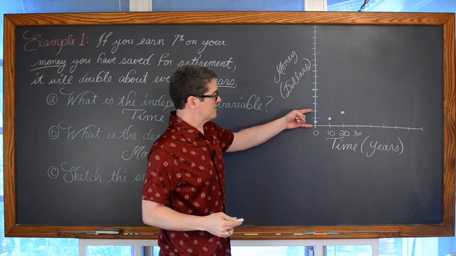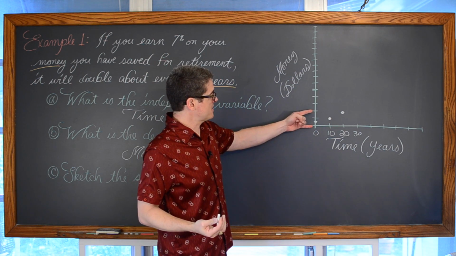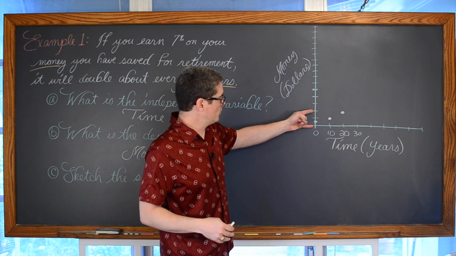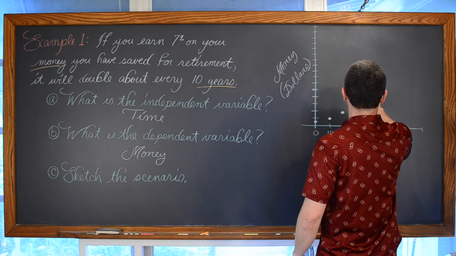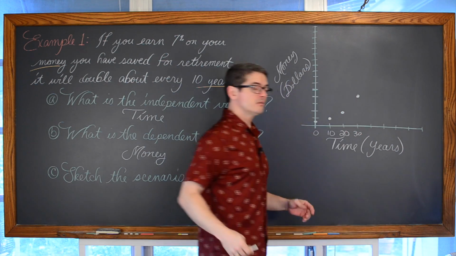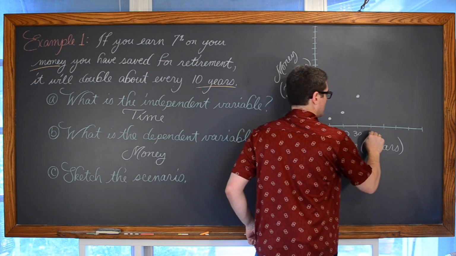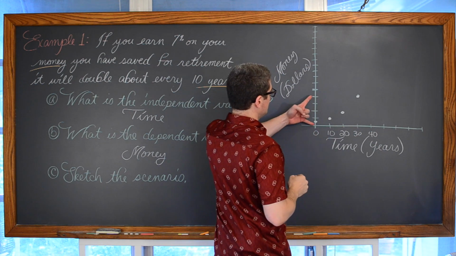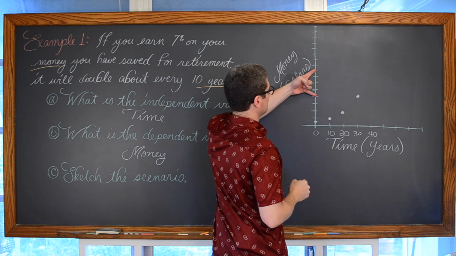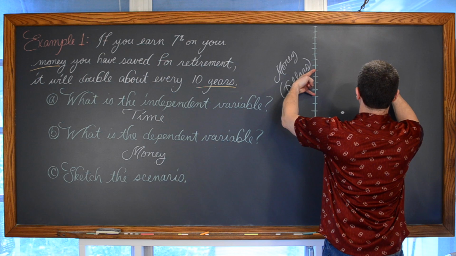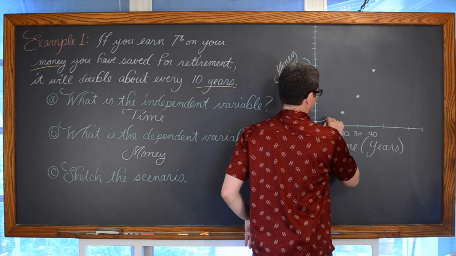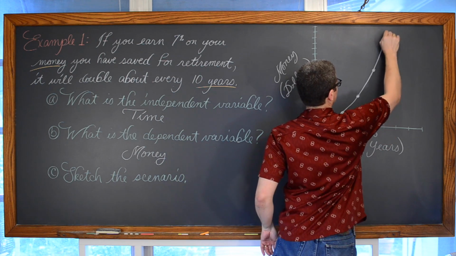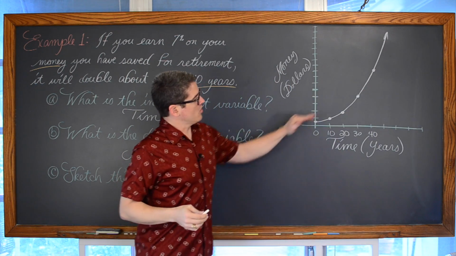Well, I don't know what that tick mark really means. I haven't put numbers on my scale, but if it is 2, then 2 doubled is 4. So now we're here at 4. And another 10 years later, it has doubled again. Well, it was at 4, and now it's going to be 4 higher, which is going to be 8. And this is going to continue on, and the graph is not going to be linear. It's actually kind of curving up.